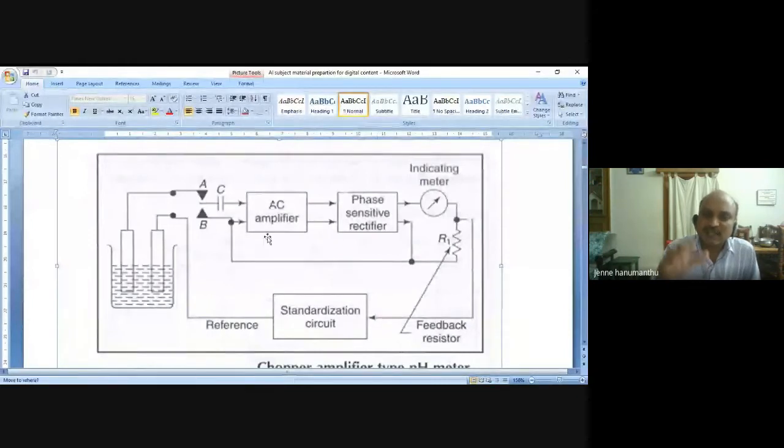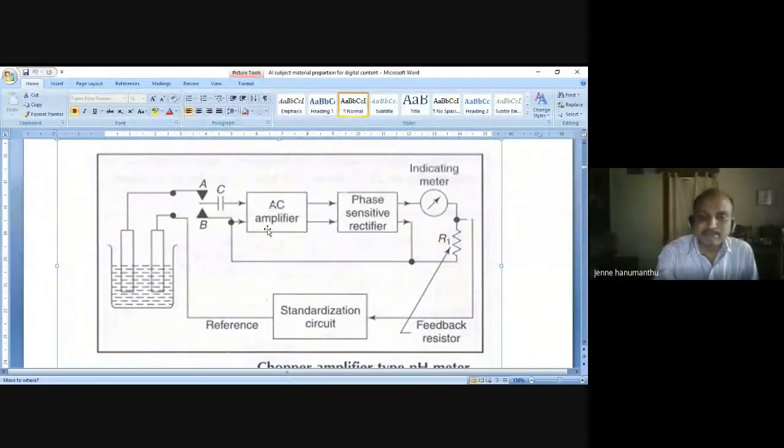So that AC voltage should be in the meter accepting range. That is called the acceptable range, attenuation. Otherwise, simply you can say it is attenuation. That voltage is simply given to the meter with this phase sensitive rectifier. So the phase sensitive rectifier is nothing but a type of attenuator. A general rectifier converts AC into DC. Okay, so the same working is going on here.